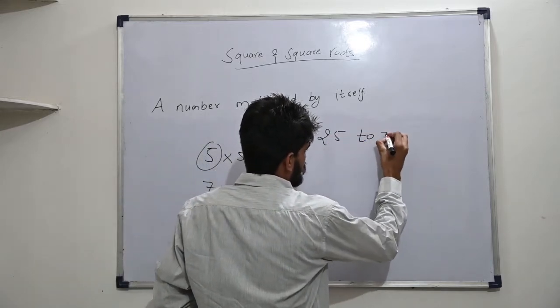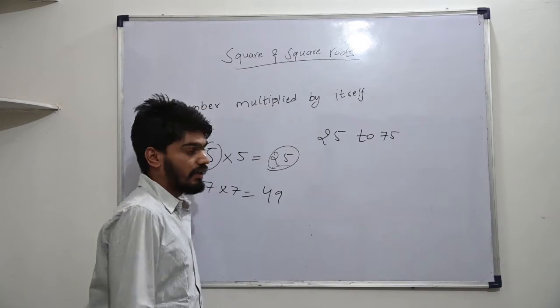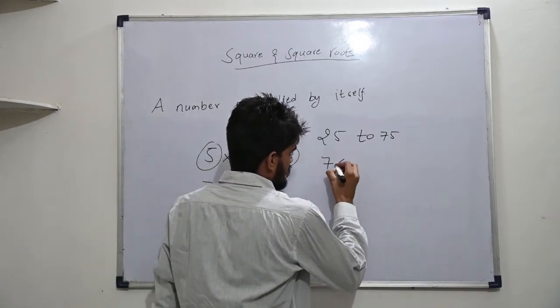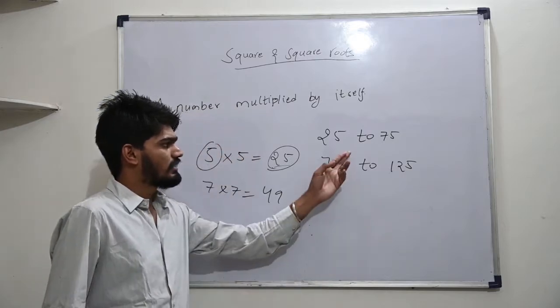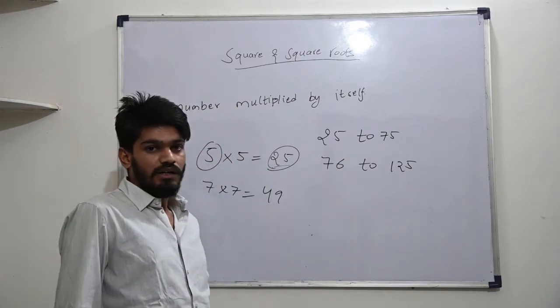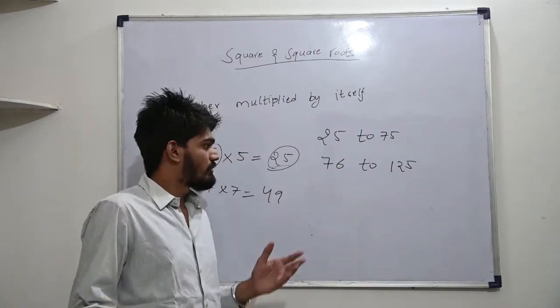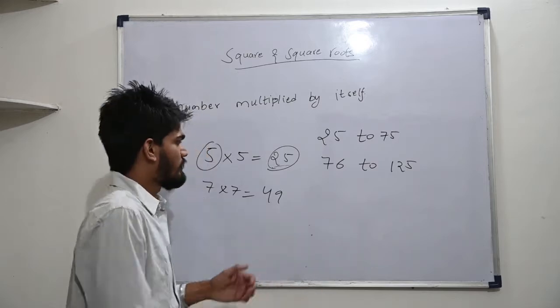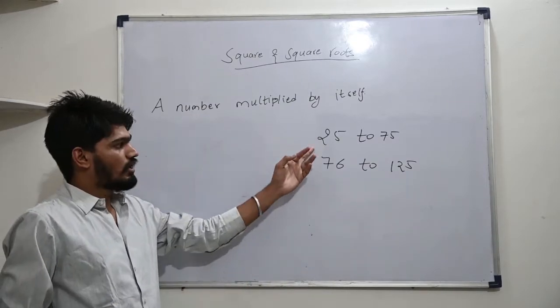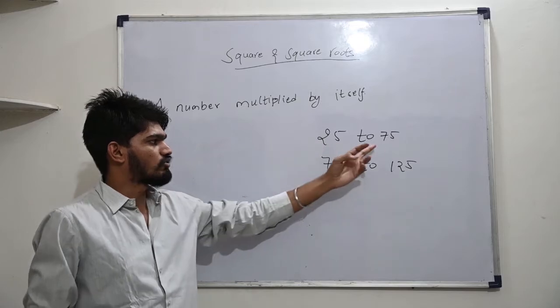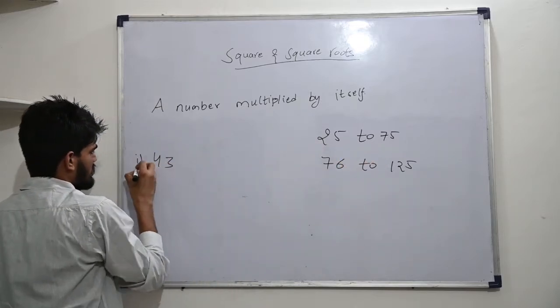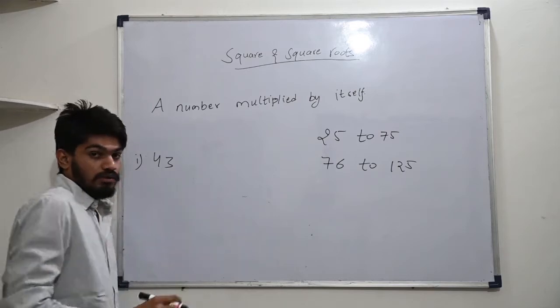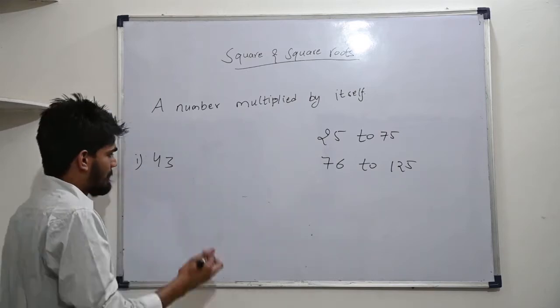Short techniques to find the square of numbers from 25 to 75 and from 76 to 125. We will learn this in two ways. For 1 to 25 we can just remember the squares. Let's talk about how to find the square of 25 to 75. We can pick any number. 43, first example, let's say. Only two steps, that's it.